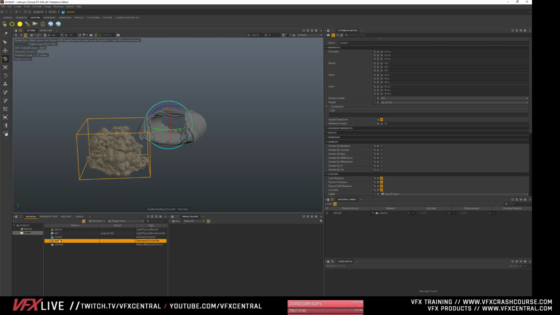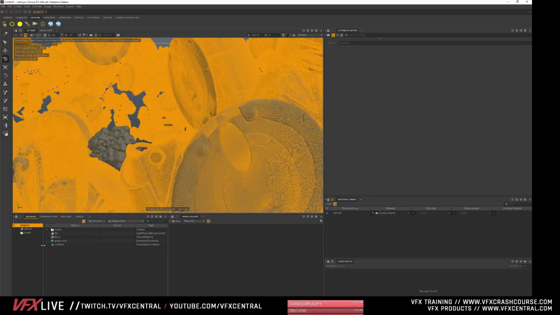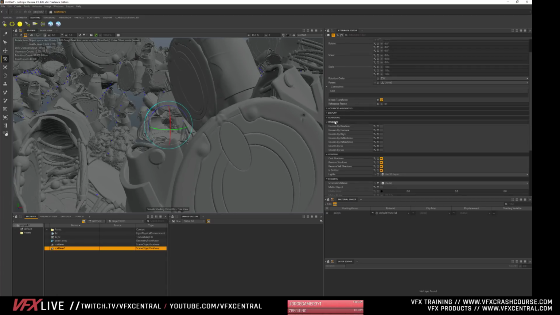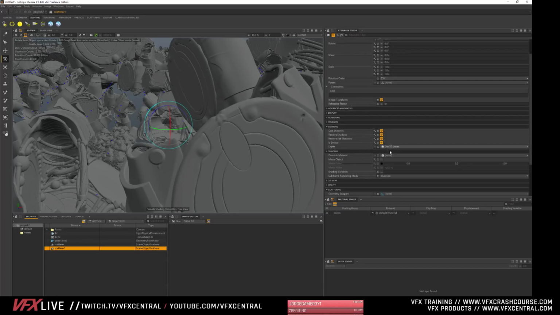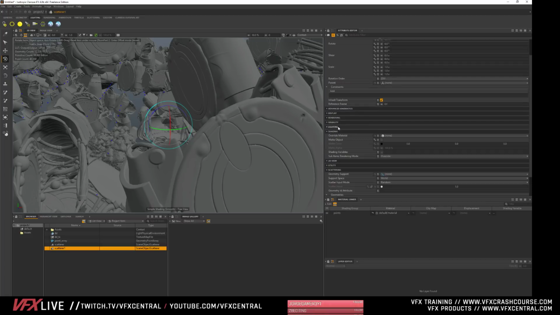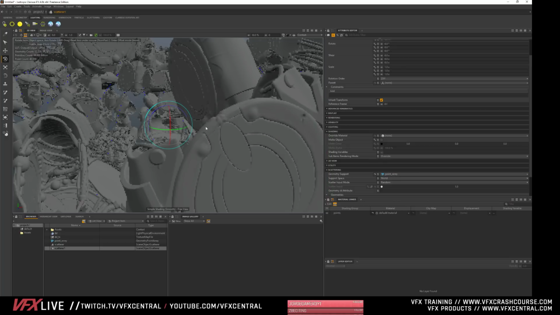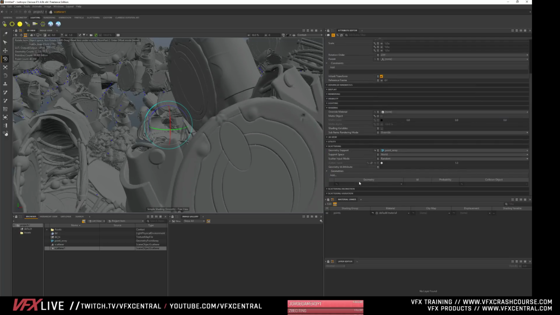So now let's go back into here, and let's use the same point array, but let's make a different scatter. So let's just right click. We're going to go to scatter, and same thing as we did before. Go over into here, the point array, and we need to choose the geometry.